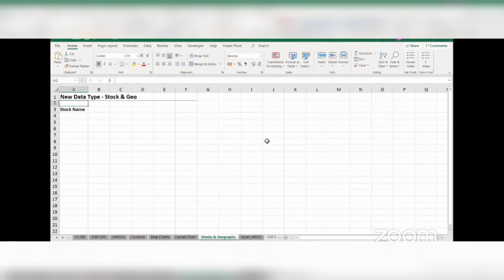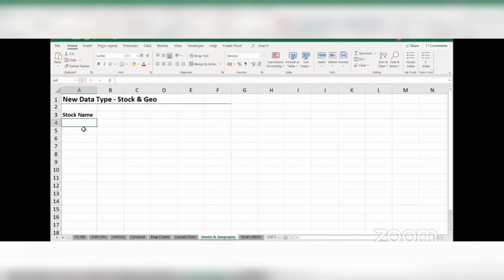All right. So in Excel 2019, we are having two new data types introduced. These two new data types help you do two amazing things. One of the things is importing stock prices in Excel directly with automatic update. All right. So here we have stock name. If I want to find out, let's say, the stock price of four different stocks, let's say it is TCS, HDFC, HDFC Bank, and Wipro.